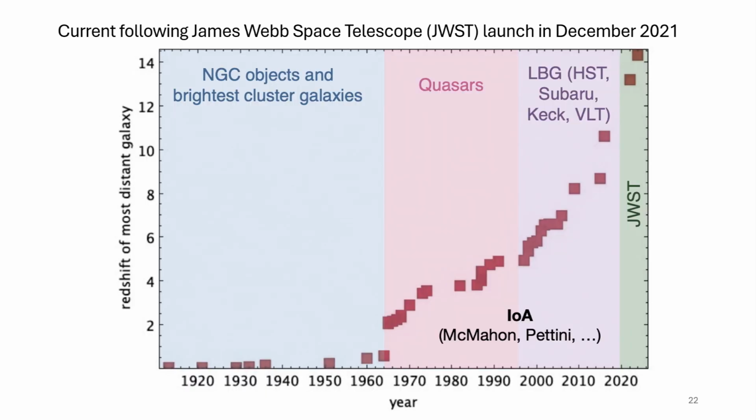Okay, so this is the current version of that in terms of the earliest galaxies. And so Hubble was launched in 2021. And so we've gone really from redshifts, I think that this actually might be a Hubble object, to be honest. We were at redshift 9 before JWST, and now we're up to redshift of 14. So I'm going to show you some of those exciting observations, which have come in the last year.